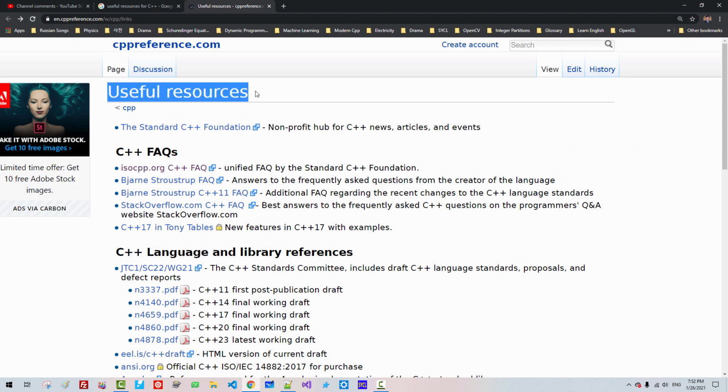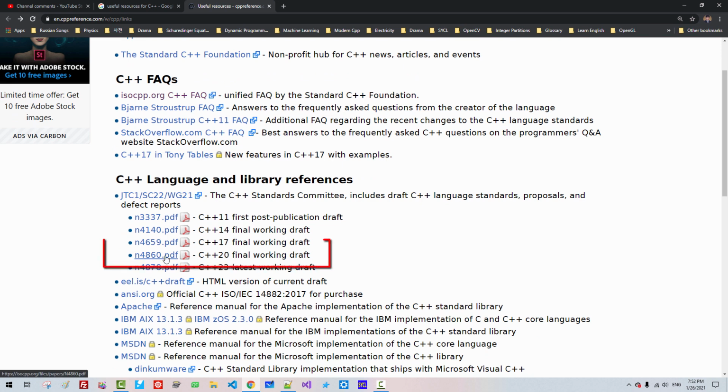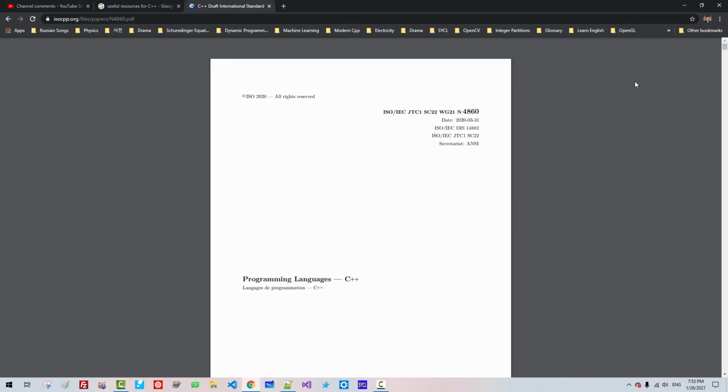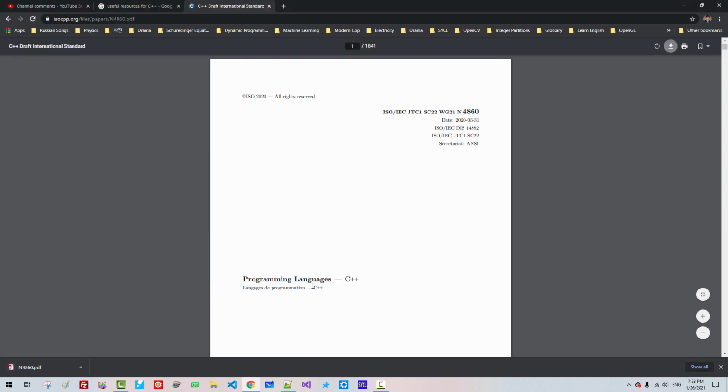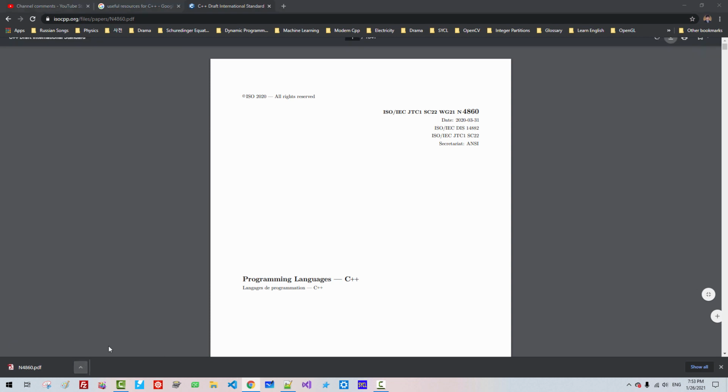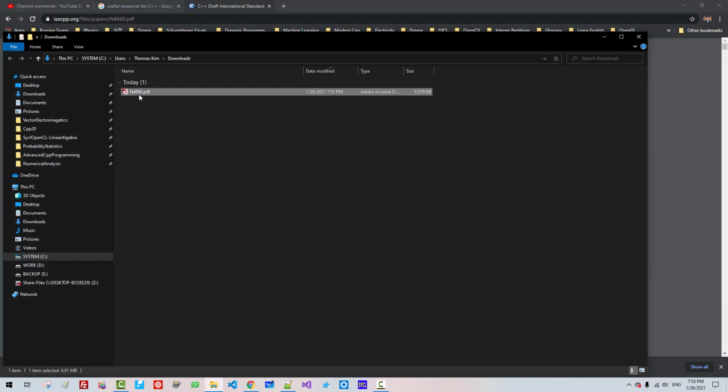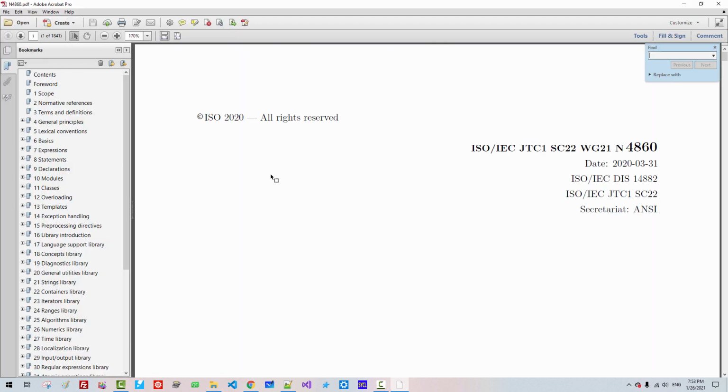In this web page again, in cppreference.com, double-click this link. By clicking this link, you can download the C++ language specification. If you open it, Control F, primary expression.